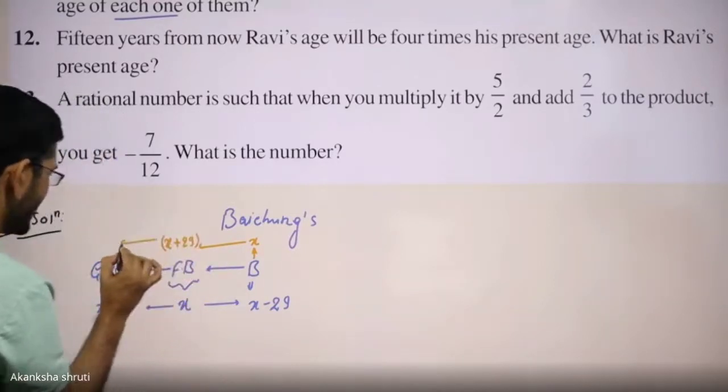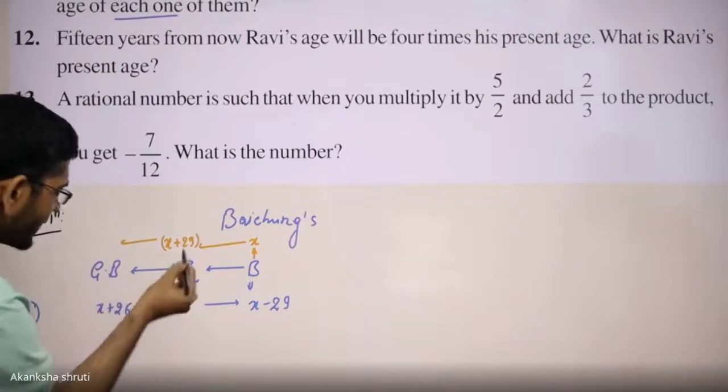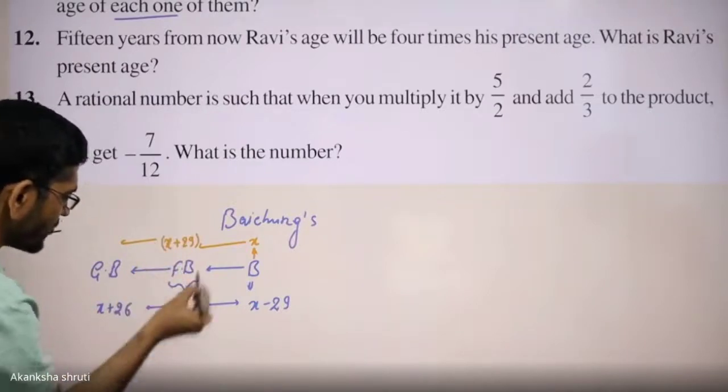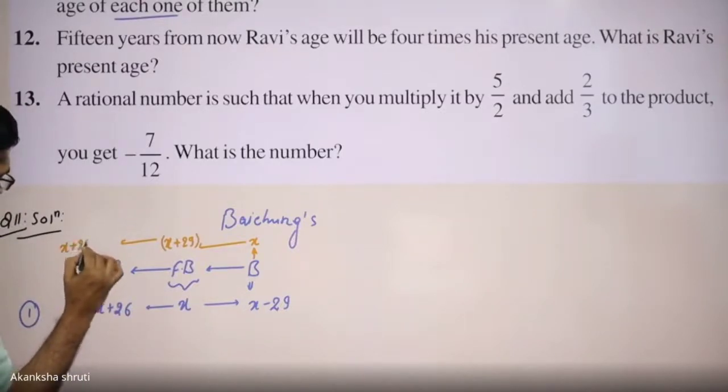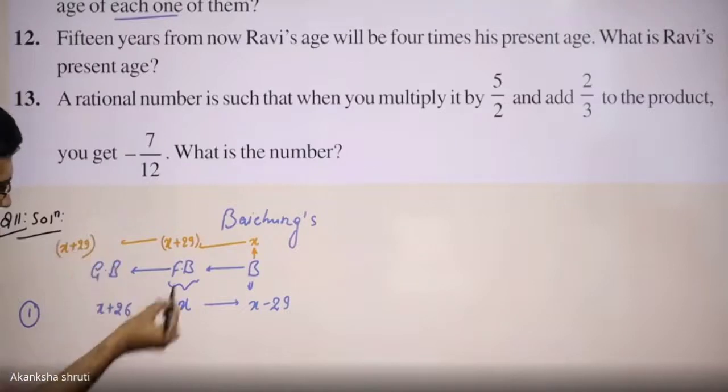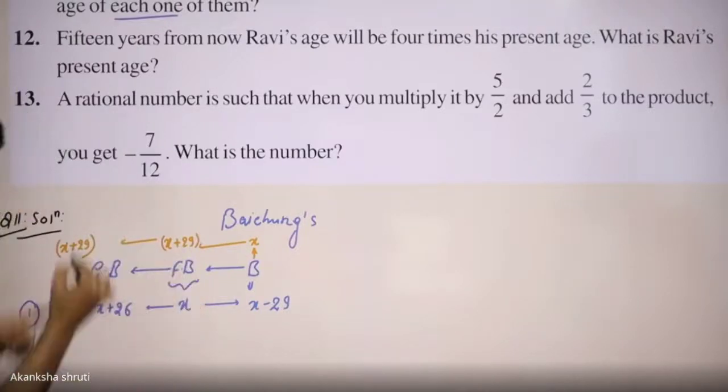Then the age of Bechung's grandfather: to the age of Bechung's father, the 26 gets added. Means X plus 29 was already there. This is the age of Bechung's father. In that one,